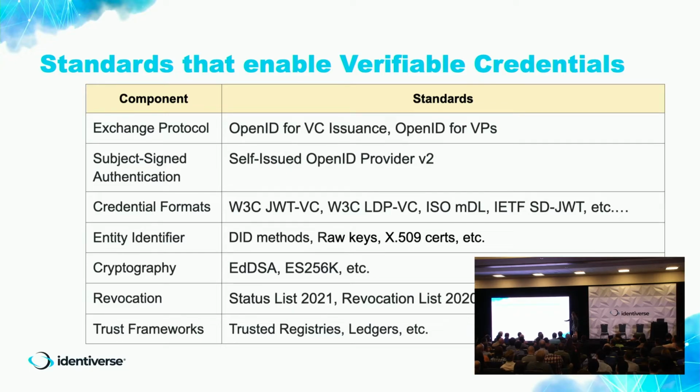You need to figure out entity identifiers. What cryptographic suites are you using? How are you going to revoke it? What trust frameworks are you going to use? I think this is where we lose a lot of people. They're like, we don't know what choices to make. Isn't it? So the thing is, the use case you're trying to solve does not equal this humongous world of verifiable credentials of digital cards, right?